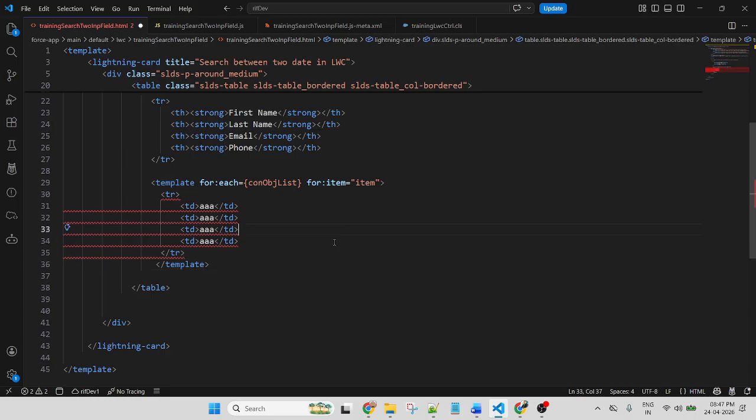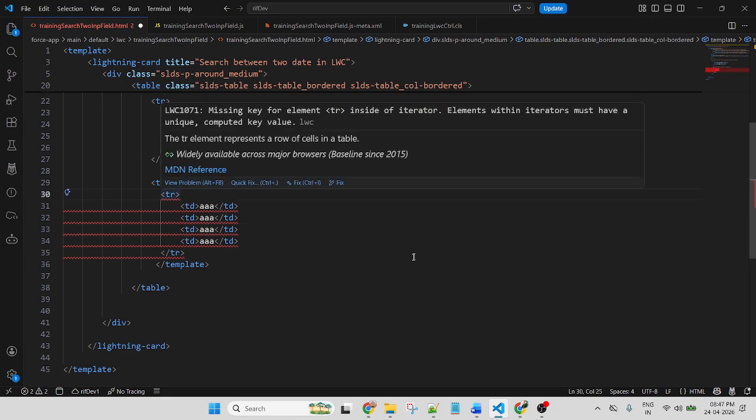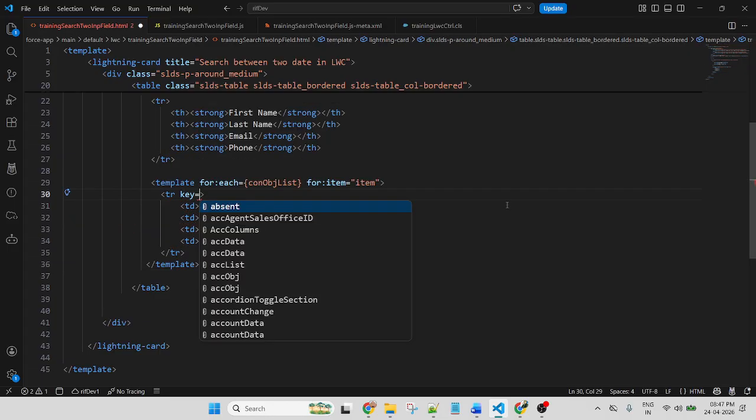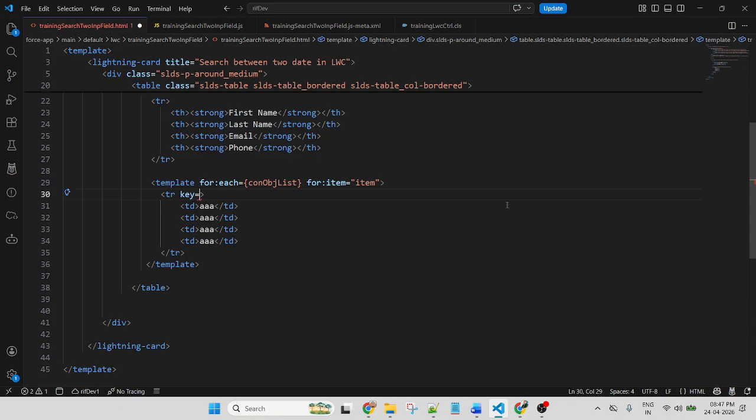It is displayed wrong because the template closes after the closing TR, and because I am not passing the key. So if you use template for each for item, this is a loop. Inside the loop, I am using table row, and here I will pass key equal to item.id. The error has gone.